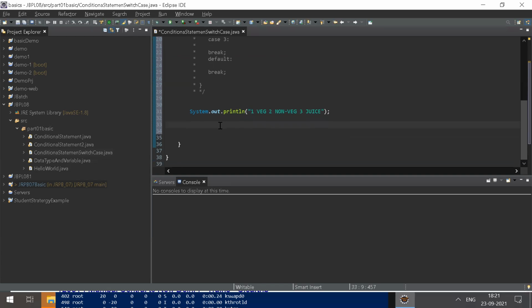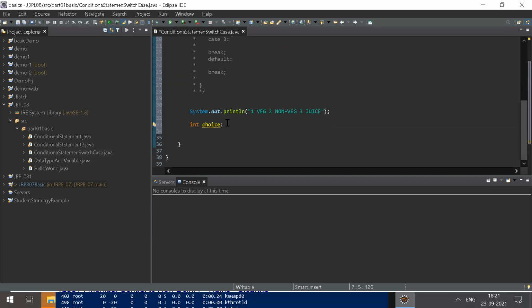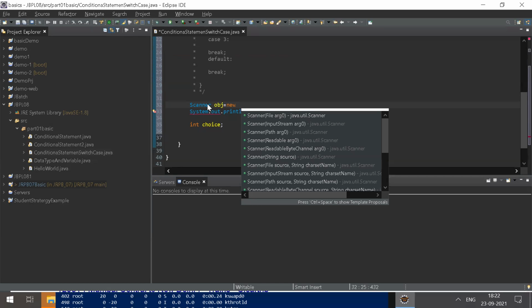I am initializing the variable int choice. Above I had given one choice, but I want user input, so I am creating a scanner object, Scanner obj equal to new Scanner(System.in).